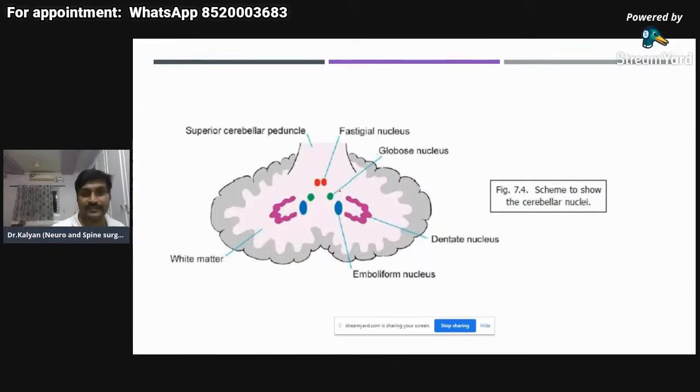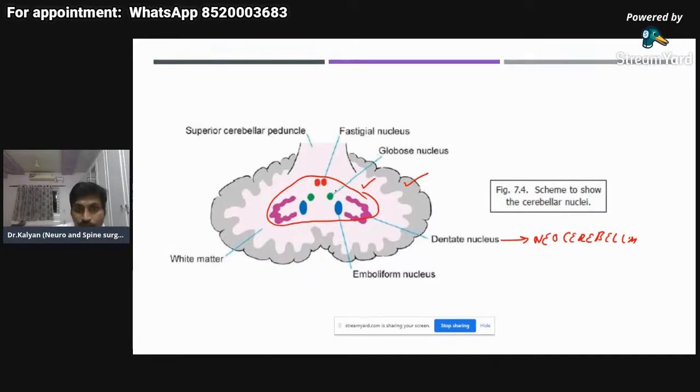As a passing structure, when you cut the cerebellum, we have the cerebellar cortex, the cerebellar white matter, and deep gray matter within the cerebellum. This gray matter is divided into nuclei. The largest nucleus is known as the dentate nucleus, because it's the largest one. So it is a part of the neocerebellum or the middle lobe. The function of the dentate nucleus is coordination of the fine motor movements.